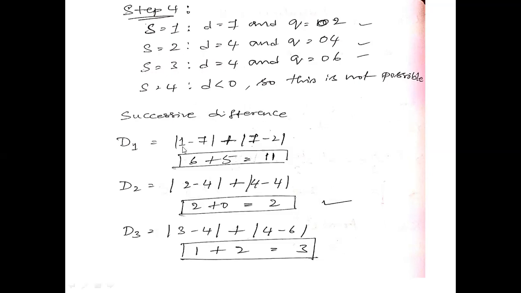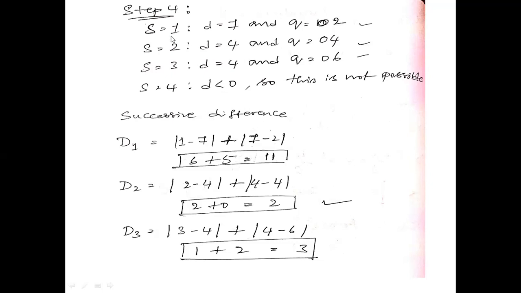For that we have one last step where we need to find the successive difference. You have 3 unknowns, right? You need to take the difference of these successive unknowns, and sum them up, and the sum of the values should be considered to find the best. That sum of the successive differences should be as small as possible.